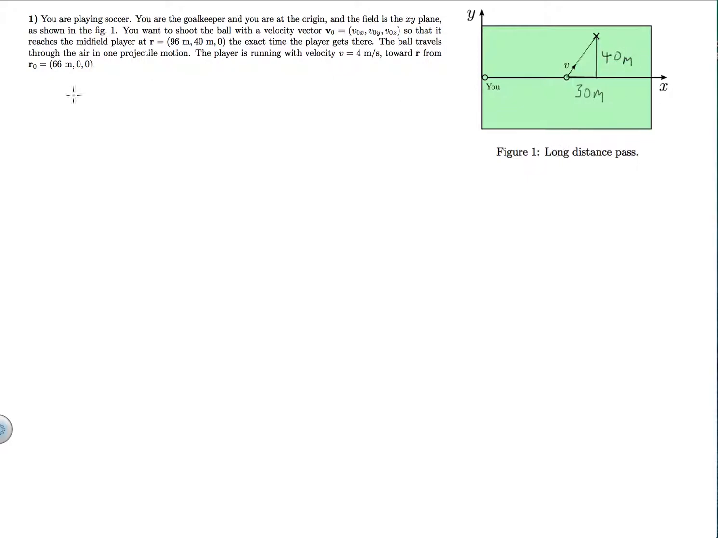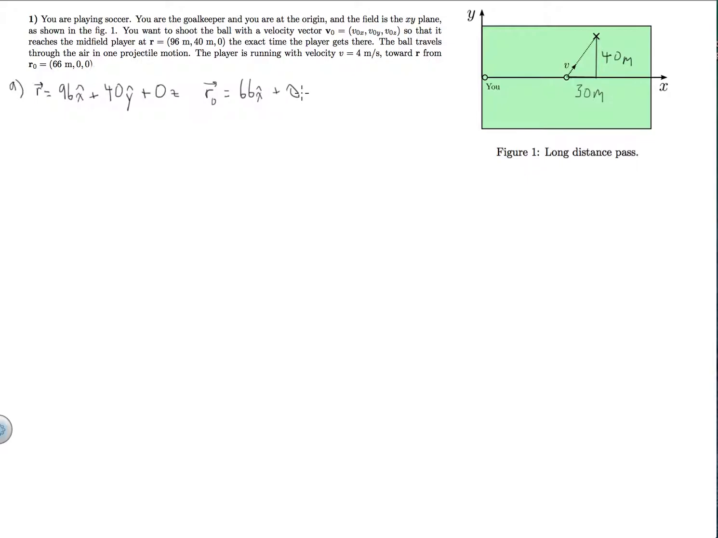Okay, so now let's look at part A. Part A asks, find the distance, the magnitude of vector r minus vector r naught. So first let's start off by defining the vectors. So r is equal to 96 in the x plus 40 in the y and nothing in the z. And then r naught is equal to 66 x